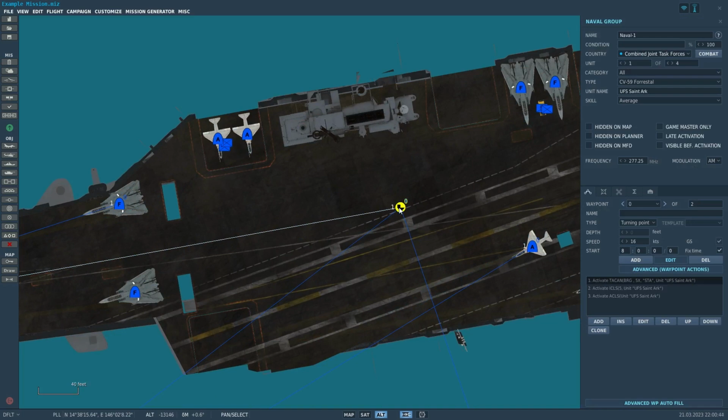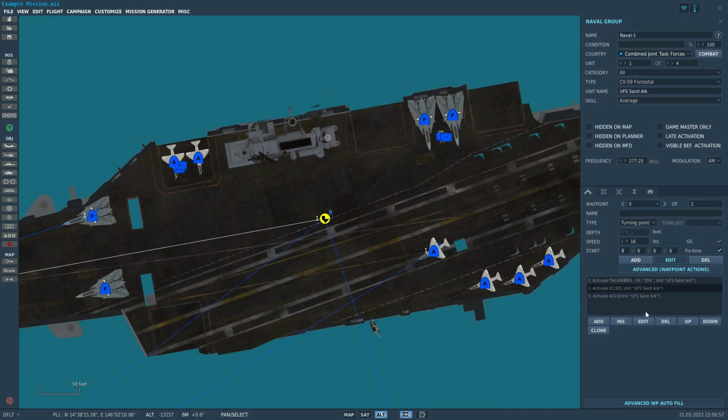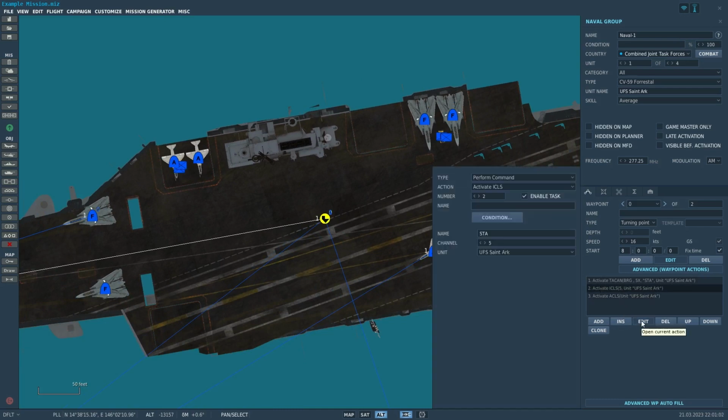Next is ICLS for carriers. ICLS and ACLS are the instrument carrier landing system and the automatic carrier landing system. You want to go ahead and activate those as well. Again, you go to add waypoint actions at the very beginning of the mission. Activate ICLS. You can give this action a name if you need to, but